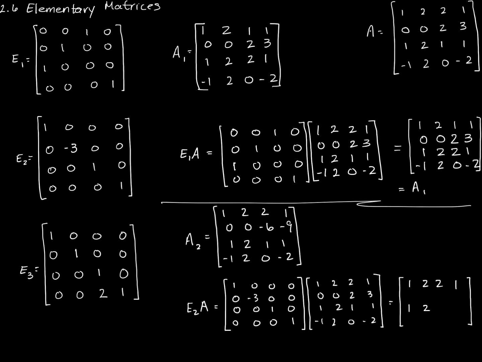The only difference here, let me write these down. I can't think and talk at the same time. The only difference in this case is in row 2 of my elementary matrix. Instead of a 1 here, I have a negative 3. But everywhere else, I still have a 0. So I'm going to get 0 times 1 plus negative 3 times 0 plus 0 times 1 plus 0 times 1 for my first entry in row 2. And that's 0